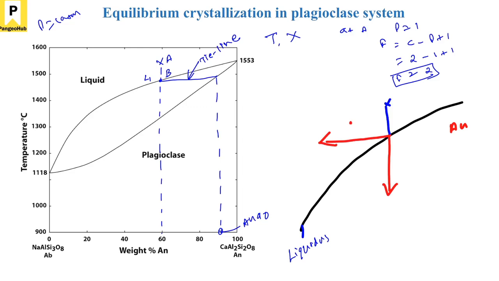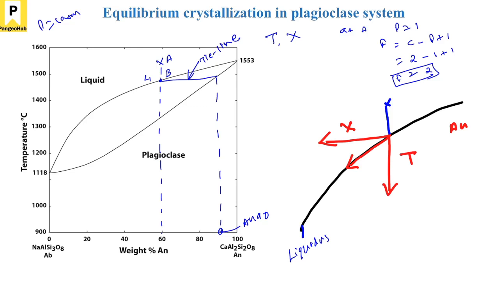So this is the composition vector in which you are moving. This is your temperature vector, this is your composition vector. The liquid, basically the magma, follows the resultant of the temperature and the composition vector, which is lying on the curve. So this curve is the resultant of temperature and composition. If you change this, then it will not follow the curve, and that will be disequilibrium, which we'll be discussing further.